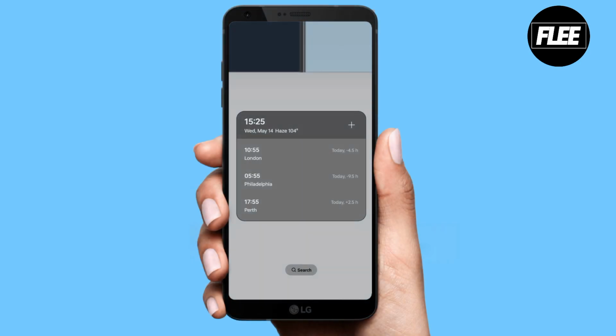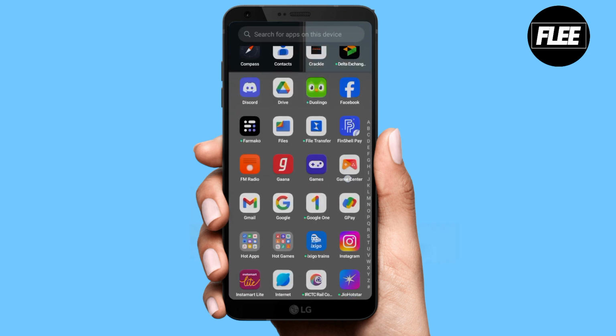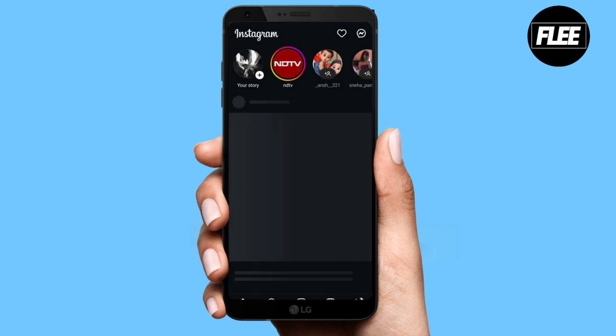How to turn off the read receipt on your Instagram account so that the people you're chatting with won't be able to see if you have seen their message or not. How you can simply enable this feature on your Instagram chats in some minutes. For this, you simply have to open your Instagram, as there is no direct option to